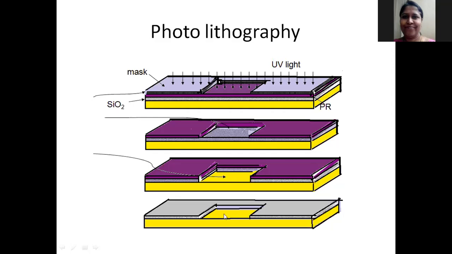Over this substrate, you can do any process, but before that, the unreacted photoresist material is also removed by a procedure called ashing. So the chip now is ready for any process such as diffusion or ion implantation, or even if you want to do oxidation. So this is photolithography.